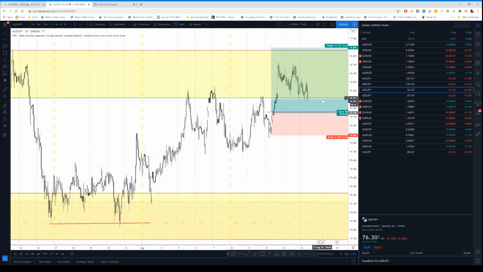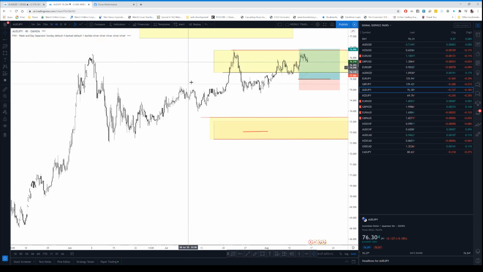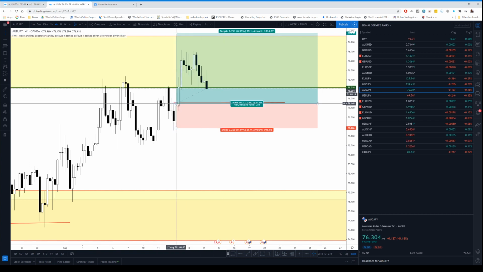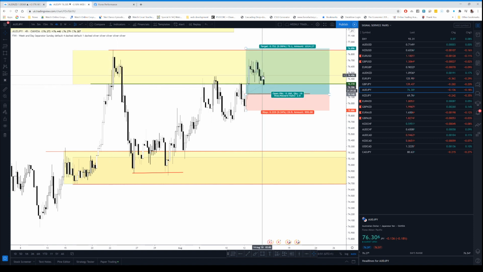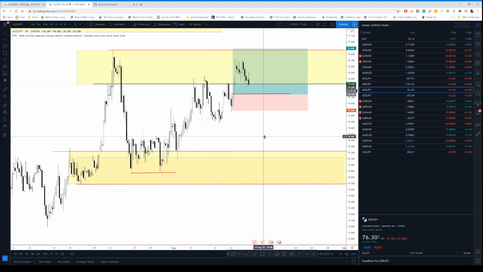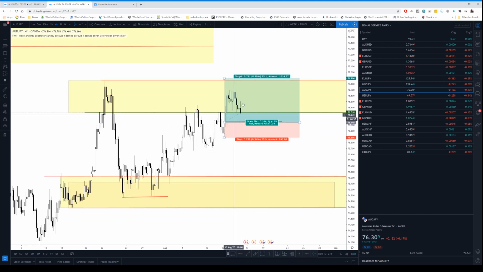Aussie yen. Aussie yen is approaching that level that someone wanted to run, the June high. So that's the level still there. Do I want to take it today? No, it's a Friday. I don't want to take this kind of trade. Maybe next week, Monday or Tuesday, because I want to see what this pair is going to do,